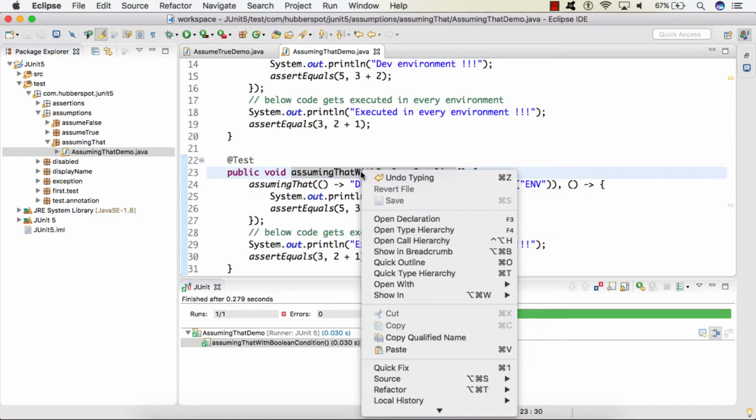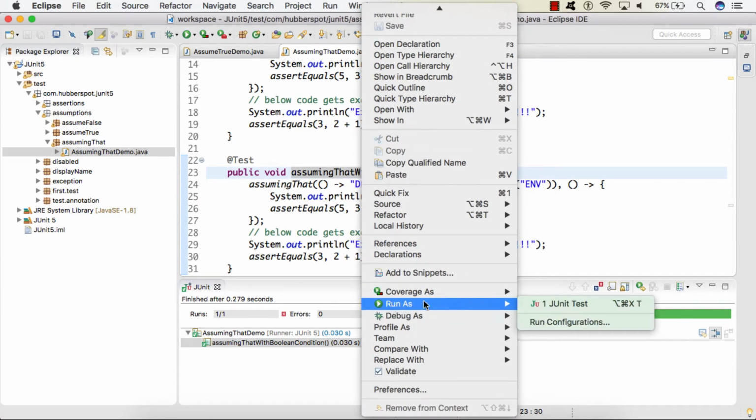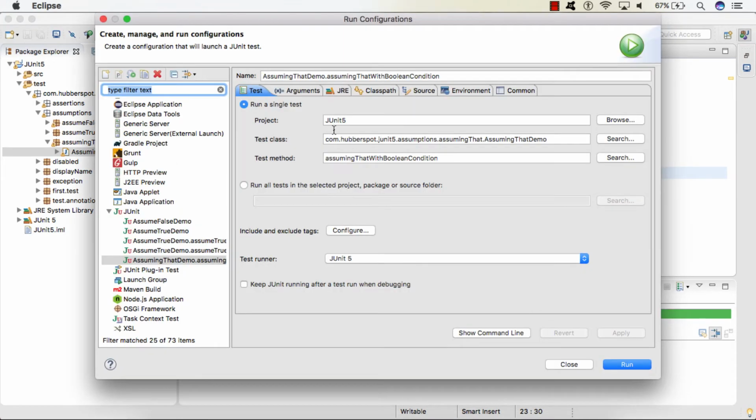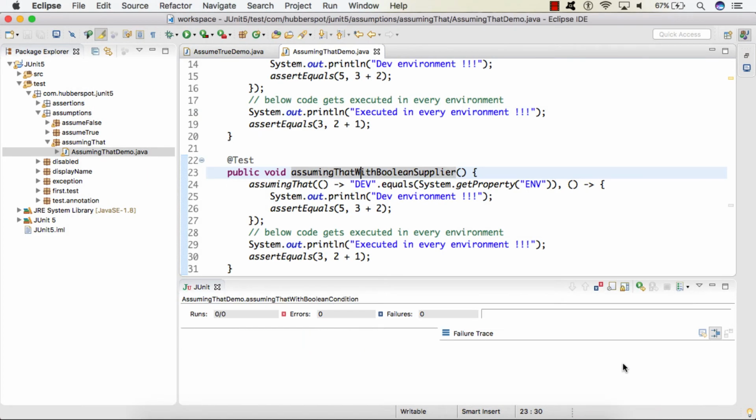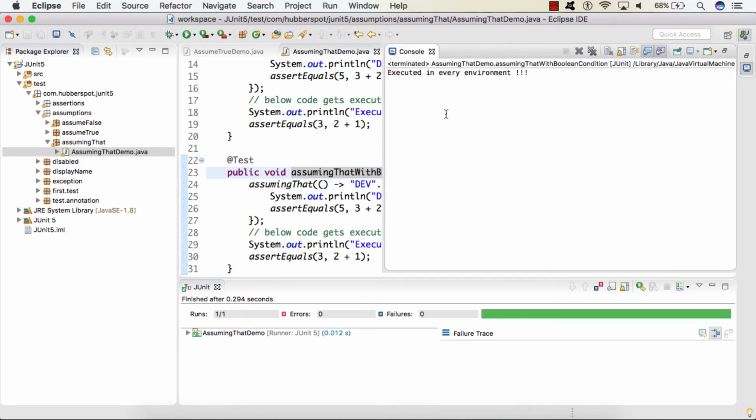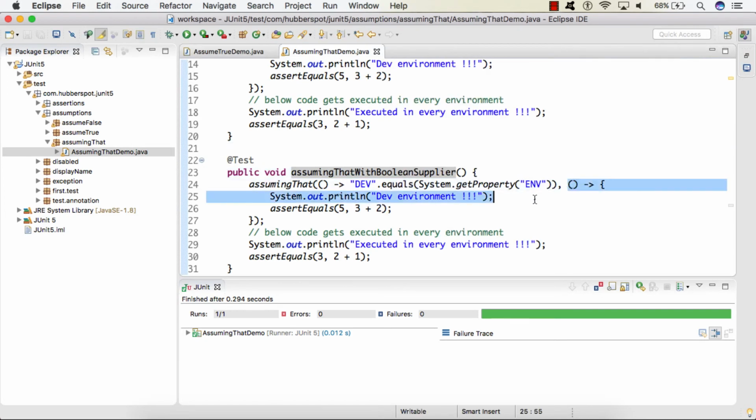Let's say I run this code again, but instead of dev I provide a value of prod. So though we have provided a system property env, the value is prod, which is not dev. If I run this test case, you can see the piece of code written in the executable is skipped because our boolean condition is not satisfied.